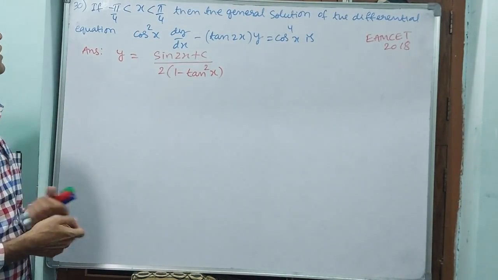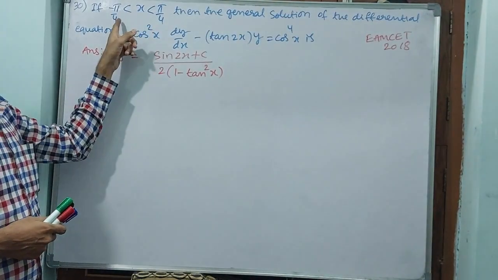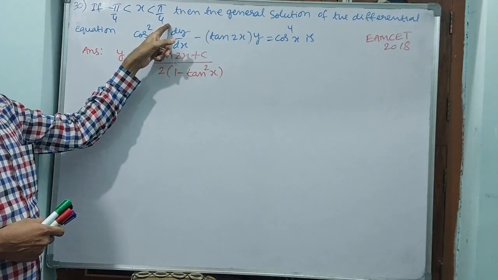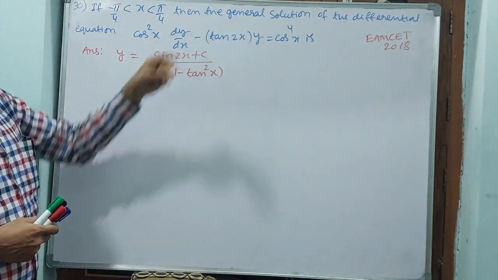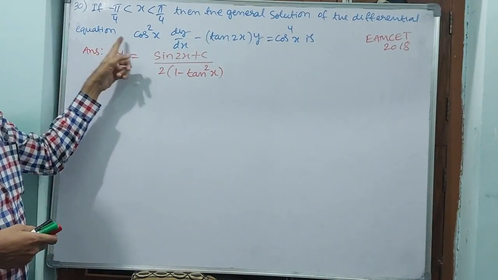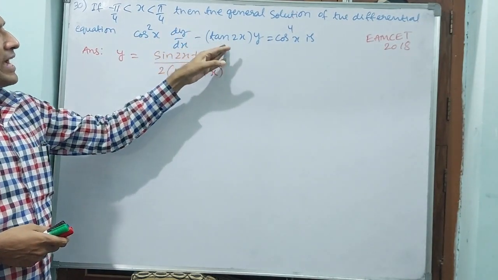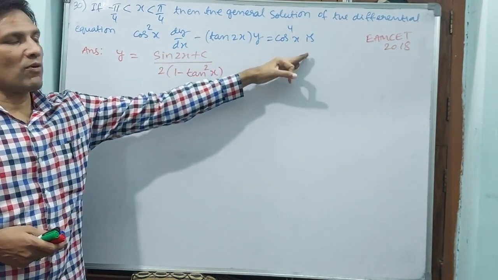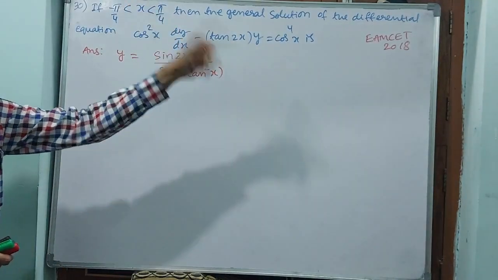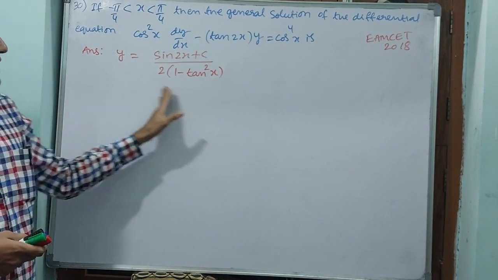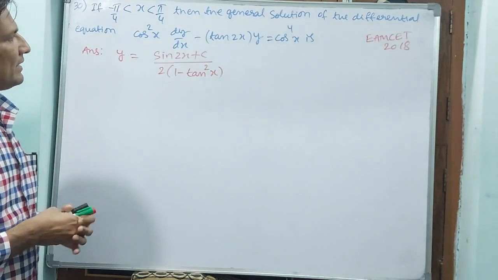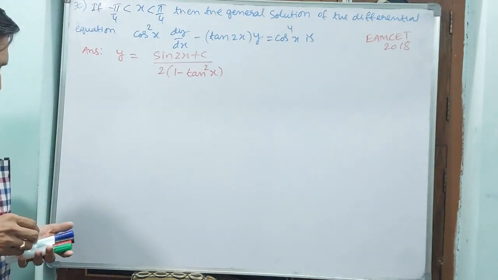Okay. See question number 30. If x is greater than minus pi by 4 and less than pi by 4, not equal to, then the general solution of the differential equation cos square x dy by dx minus tan 2x into y is equal to cos to the power of 4x, they are asking. Eamcet 2018 question. You have to get this answer. Okay, now what I want to do,